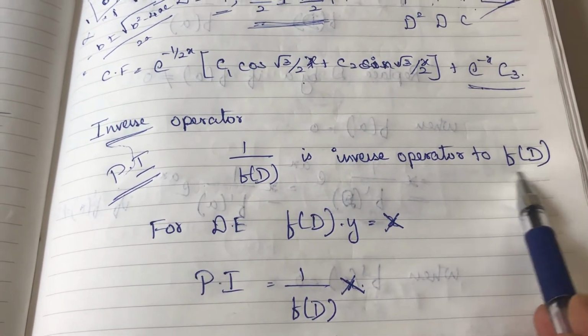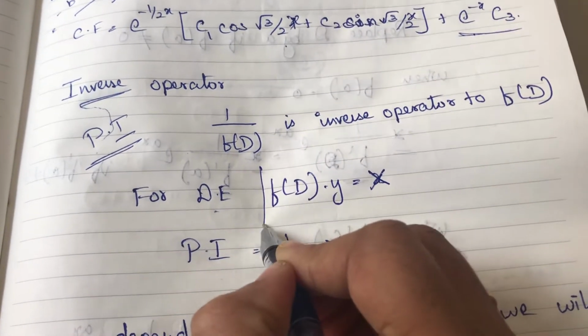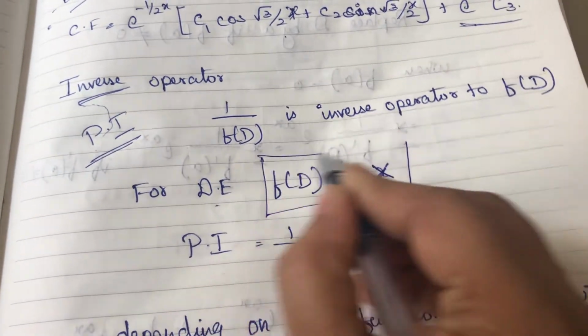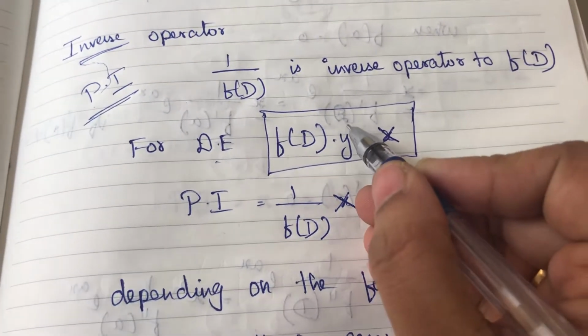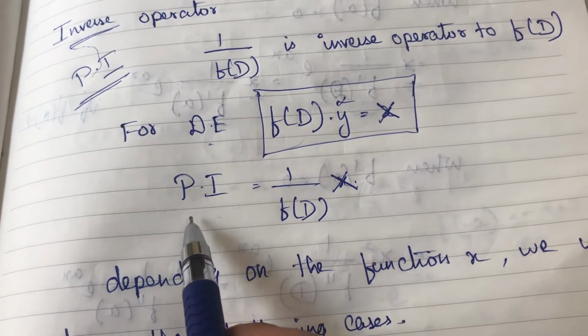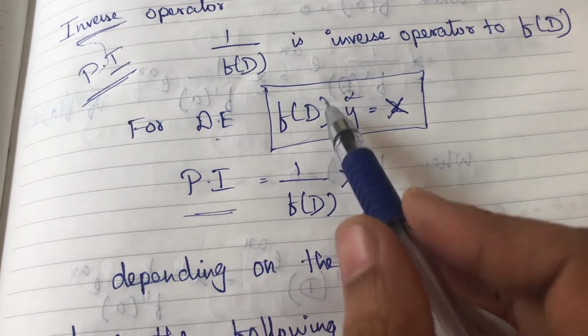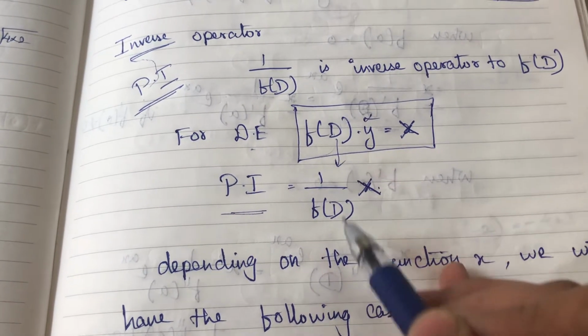The inverse operator of f of d, right? Normally the equation will be f of d into y equal to x. So I leave this y and take this part and this part. If I need to find the integral part, I take 1 by f of d, the inverse thing,